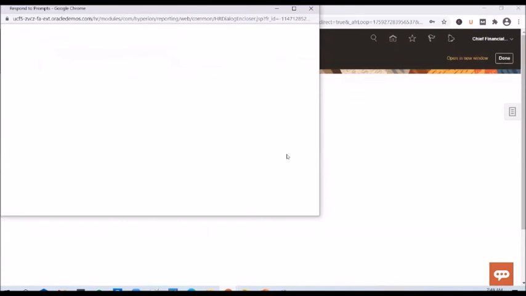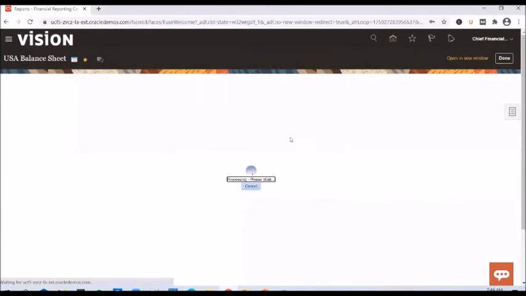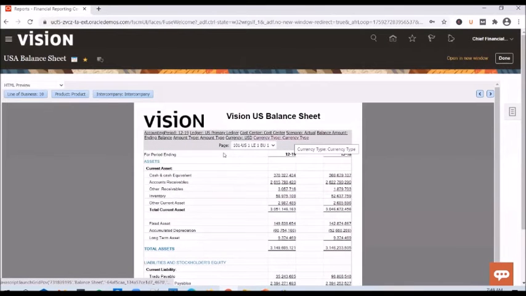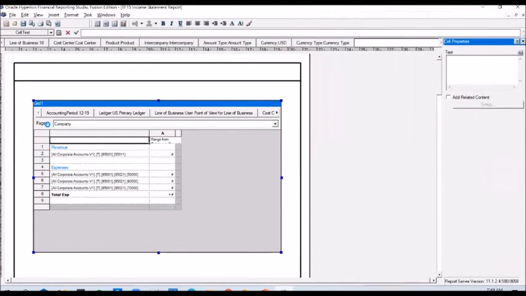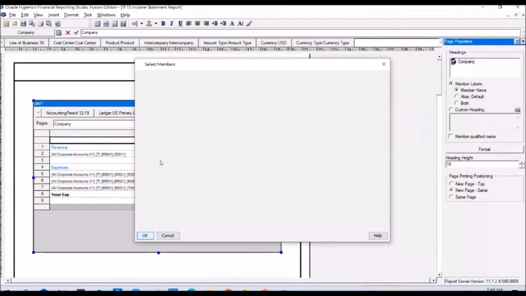So if I go with the default selection, if I click OK, you will see the balance sheet report for two companies in there, 101 and the total company segment. And where are those companies showing up? It is getting displayed under the pages section here. Since there are two company segments selected, 101 and the total company segment, if you click on the drop down, you will see both of them. So how to configure that? To configure that, you have to click on pages and double click on it.